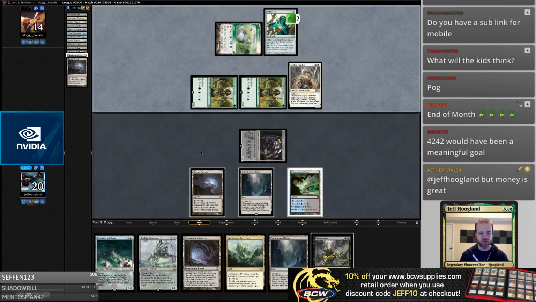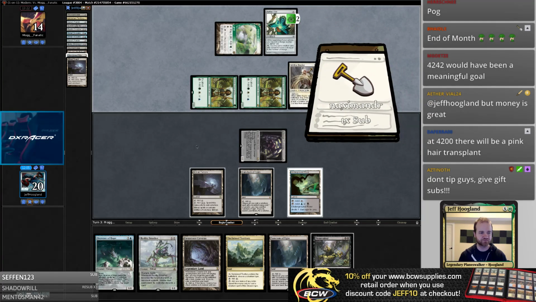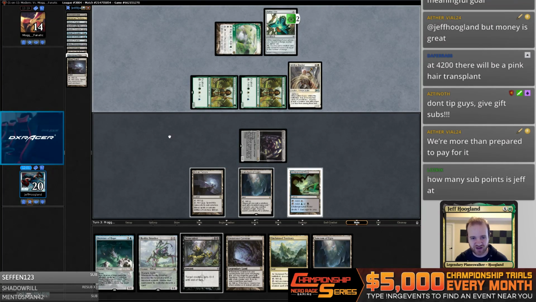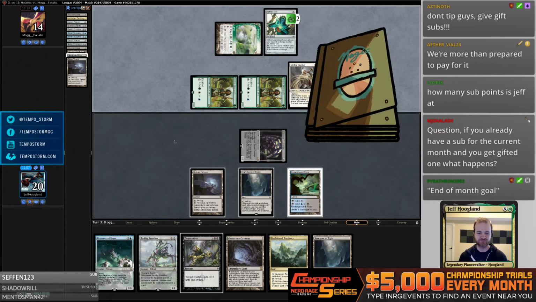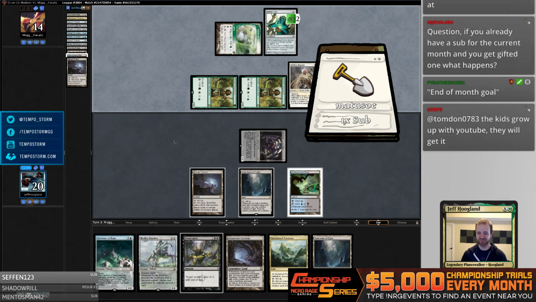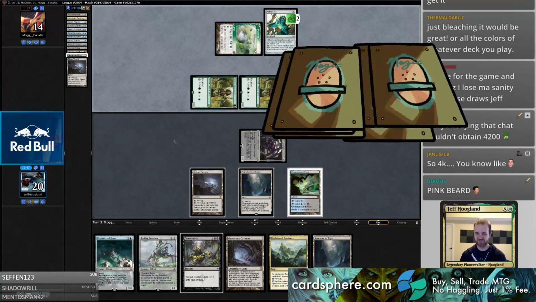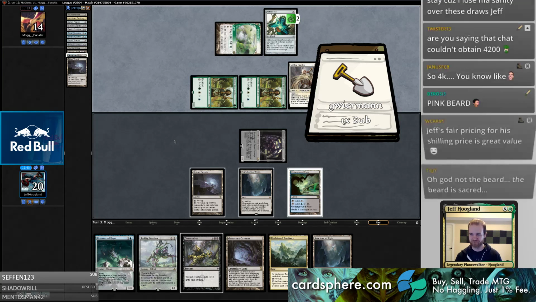Yeah, we're going to be doing one modern or Magic Online League to start the day every day. Maybe if we clear 4,000 quickly, we can do a stretch goal to dye the beard pink as well. Although I don't know what the logistics are of dyeing a beard, so...